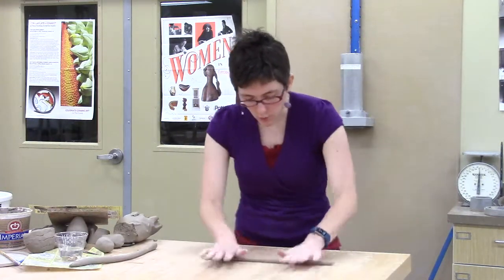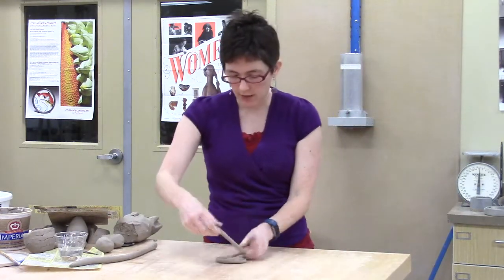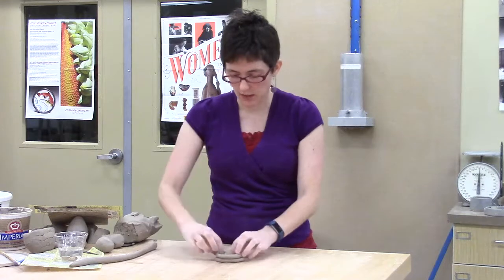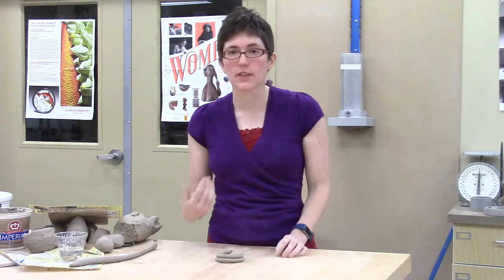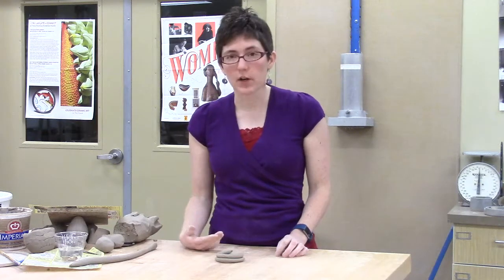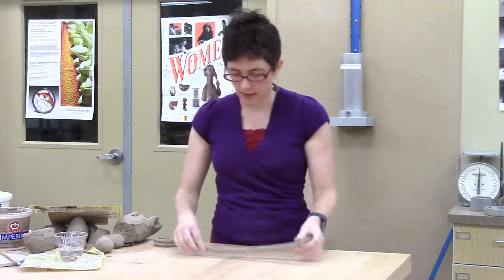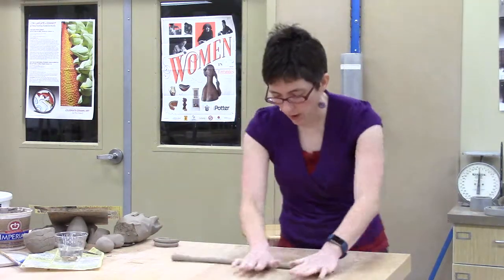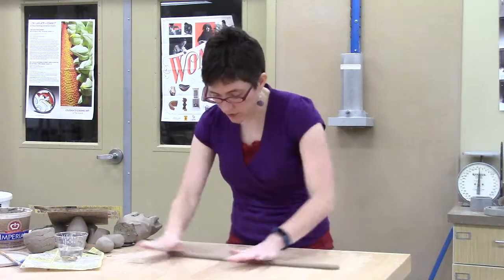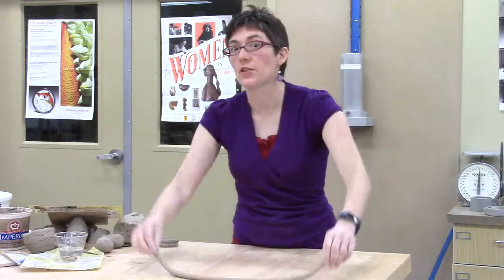So that then when you're working with these coils, you can actually leave the coil visible. As I go to wrap this coil around, I can leave those edges visible because I've done a nice job of rolling that coil and making it even. When you go to work with coils like this, you are going to need to score and slip, however. So, after you've made your coil nice and long,